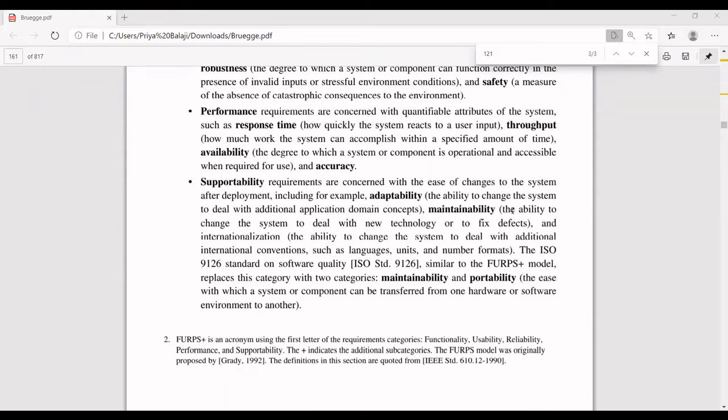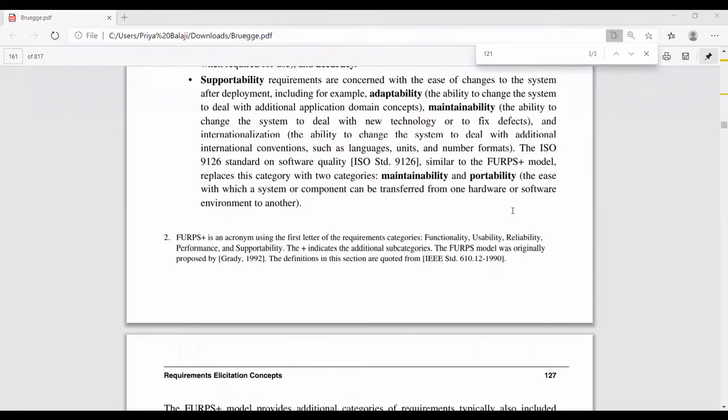Java is a portable language because you can code in any system and run in any other system. Like that, once your product is delivered, how adaptable is it to the new concept, to the new feature techniques. That time you will have supportability measures. So these requirements also need to be considered when you're trying to collect the non-functional requirements.